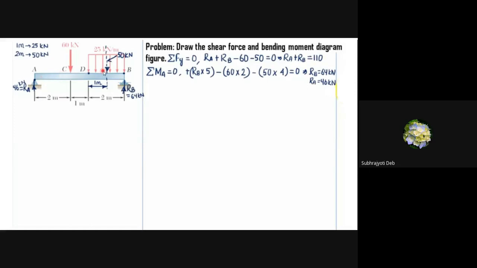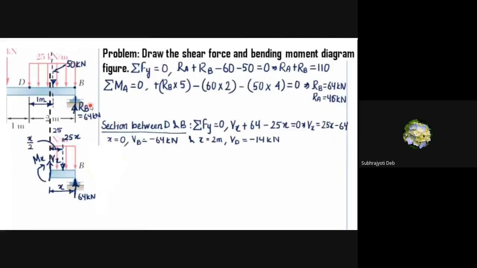Here we are taking a section between D and B. This point, you are seeing this pointer, this red color. Yes, sir. Here we have taken the section. Again, next step we will take this section. Here you are just simply dividing this for simplification. Otherwise, the equation will become very large. That's why. Okay, sir.